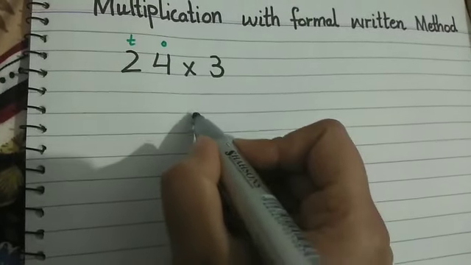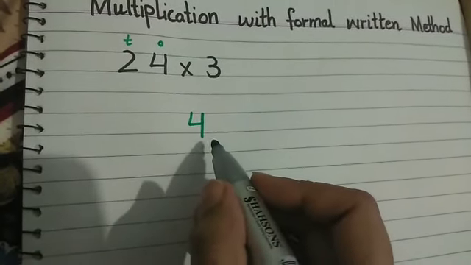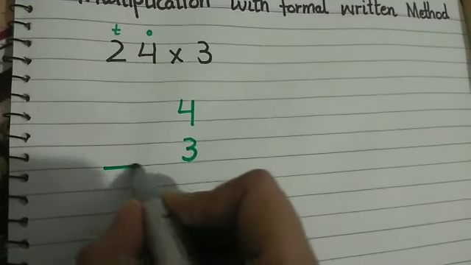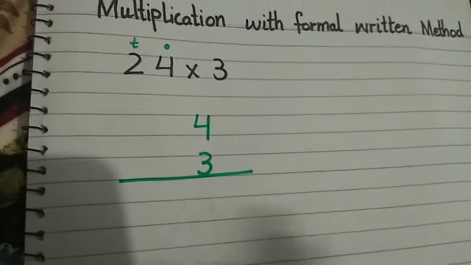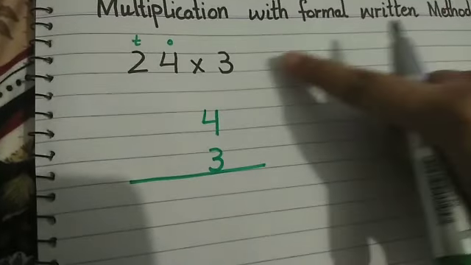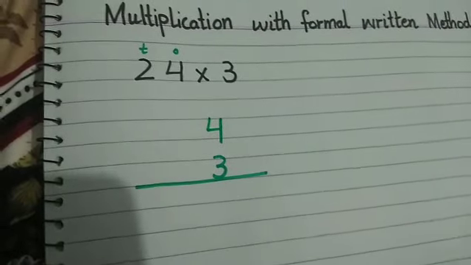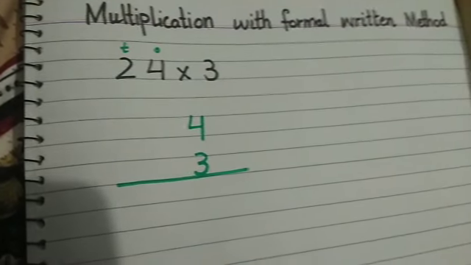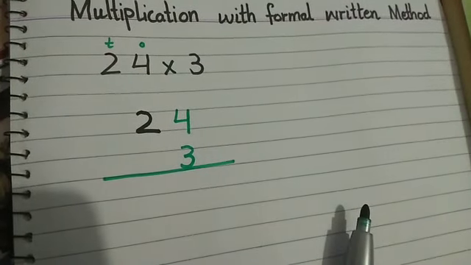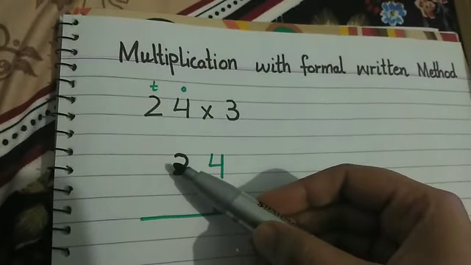I'm going to write ones with a green pencil, so that it would be visible that green color means ones. So ones under ones, when we are going to write, it is compulsory that you understand this thing, that we always write ones under ones. This is a single digit number, this is also a single digit number. So ones under ones. Now I am going to write tens. 10 will be in black color. This is 10. Okay, so we have written ones under ones, tens under tens.